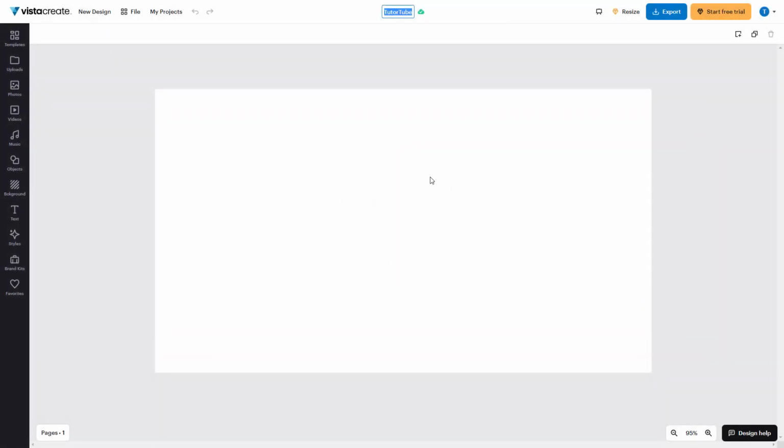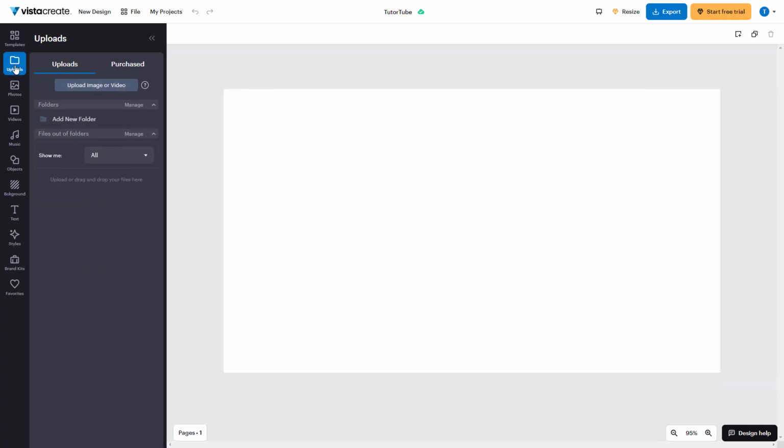You can upload and manage your own contents inside of VistaCreate to use them with VistaCreate projects. To do that, you need to go over onto the upload section on the left side. Here you can see the purchase section, where you will find items that you purchased. But if you want to upload your own files, then you need to click on upload image or video